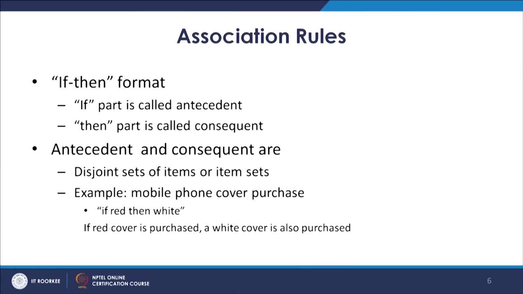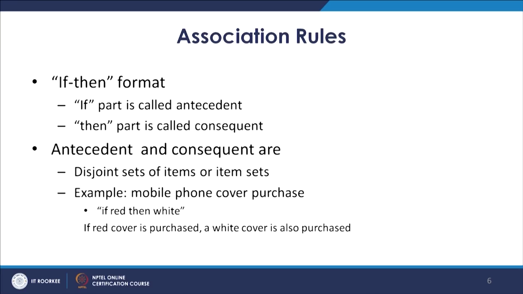So, however, first we need to examine all possible rules, and then later on select the rules with higher strength. So, let us understand this if then format. So, in this format, the if part is also called antecedent and the then part is called consequent. So, if we look at these two parts, antecedent and consequent, they are essentially disjoint sets of items or